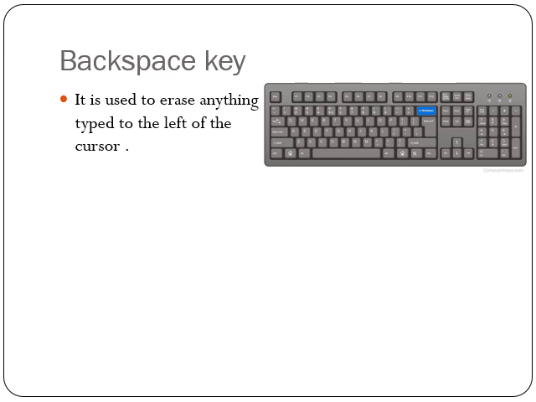Suppose the spelling of the class, I have written CLLASS. So I have to remove one L to make the spelling of the class CLASS. So what I will do is, first I will bring the cursor in between two L. After that I will press the backspace key. So what will happen? It will remove the letter typed to the left of the cursor and my class spelling will be okay.